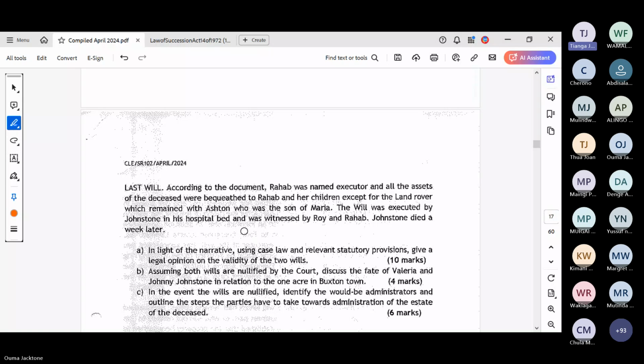The portion that belongs to Johnston will devolve to his estate, and Valeria remains with her portion, and so the gift for the nephew will fail. Now, why are you saying with the portion that belongs to Valeria? Because it was a tenancy in common,